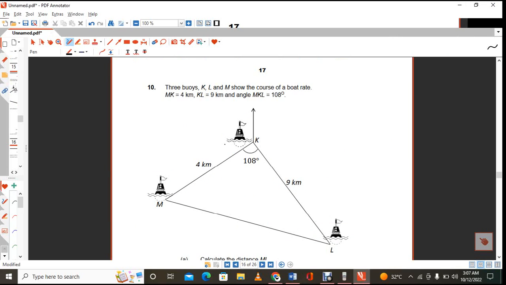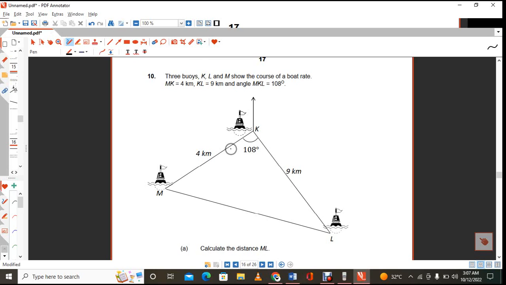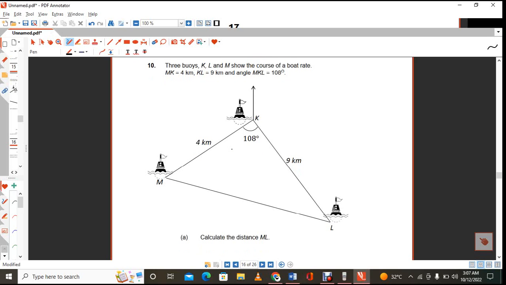3 buoys, K, L, and M, show the course of a boat. MK is 4 kilometers, KL is 9 kilometers, and angle MKL is 108 degrees. Calculate the distance of ML. Now, in order for you to find the distance of ML, you have to use